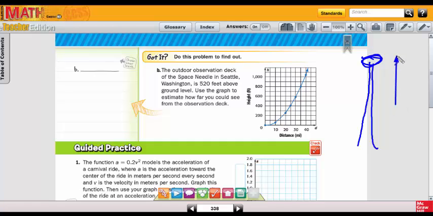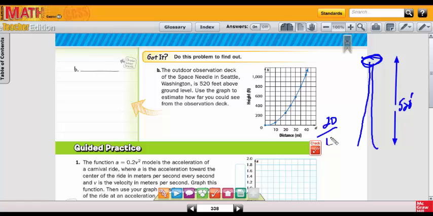We're up here from here to here and from here to here. And this is 520 feet. Use the graph to estimate how far you could see from the observation deck. So this is a matter of being able to read the graph. That's what these problems really are about for examples 3 and 4, and of course this here at letter B. So we're reading the graph at 520 feet. You should recognize that we're counting by 100 here. It's 400, this would be 500, and then 600. So 520 would be